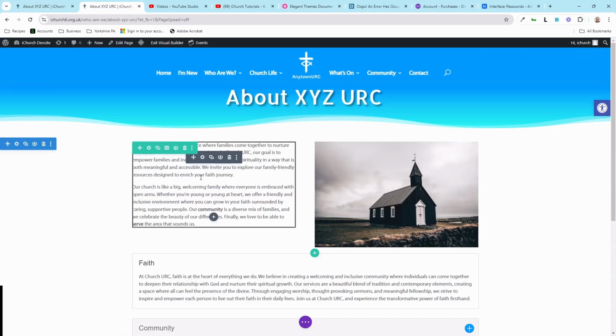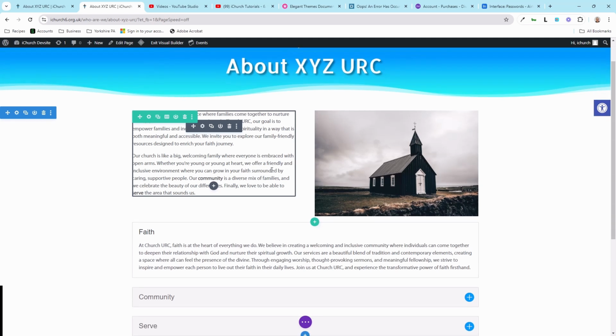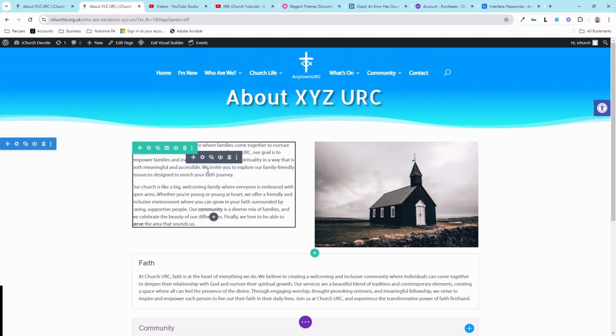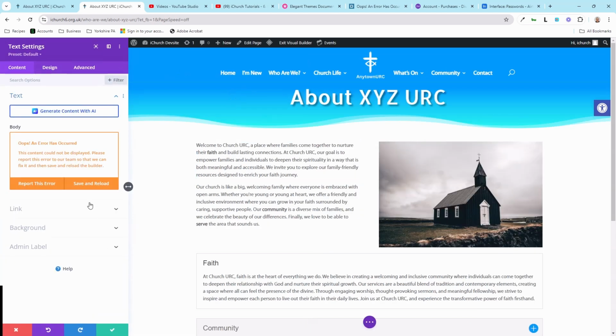So we're currently looking at editing some bits of our page at the moment. So we're looking at modules mainly. That's what we want to be editing most of the time. So to edit or to change bits of our module, we need to click the settings button. So that's the cog icon on this module. And what that does